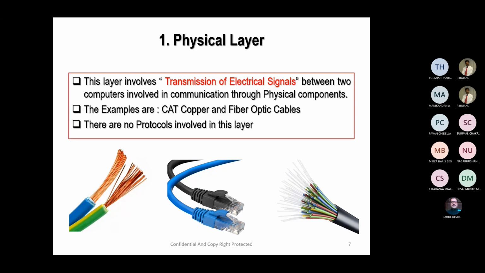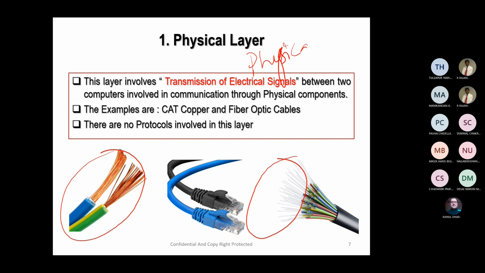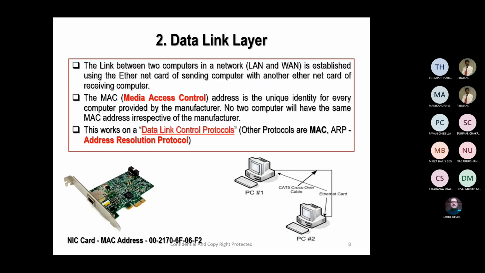You know, physical layer is something where your computer is connected to the network through a formal physical layer, which could be a copper or it could be a fiber optic cable. Now, what is that you'll have to look for if somebody come and do a damage of the copper cable or the fiber optic cable? What happens? The information gets disconnected. So you got to look for, from a security perspective, what are the physical and environmental security controls that are required to protect your physical wires. I think that's how we have to look at it. Fine, all right. Let's move on to the second layer.